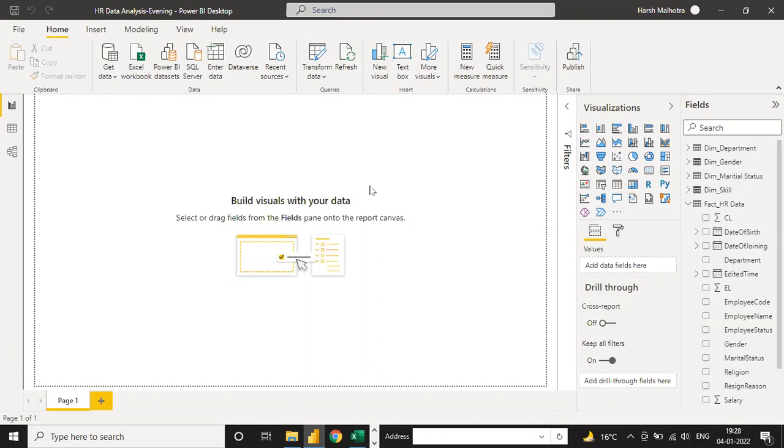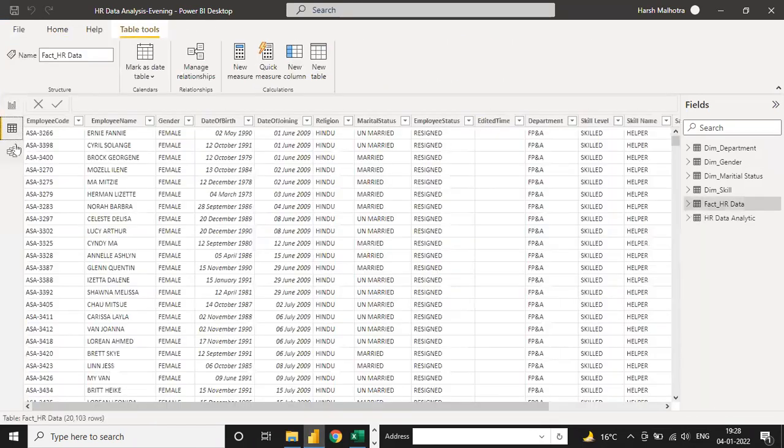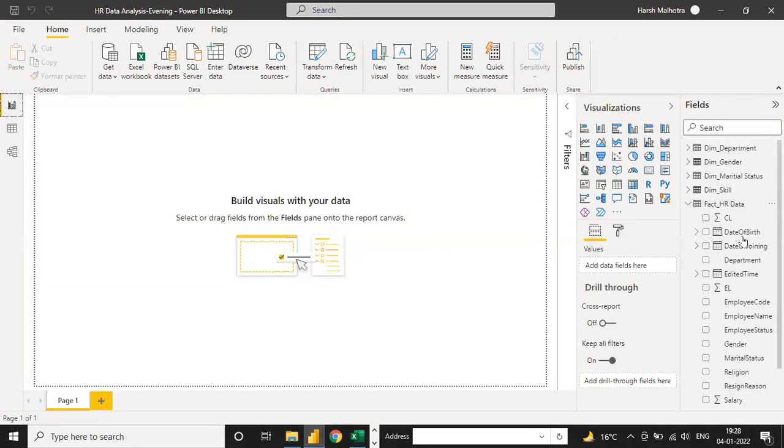If you have Power BI on your mobile, you can download the Power BI mobile app, so you can watch the visualization on mobile also. So this way you make the report, and now all my data will be loaded in Power BI. If you have any question till now, you can ask me, anyone.